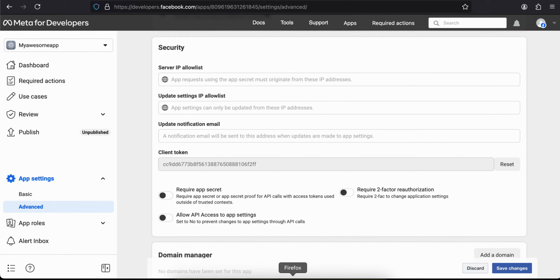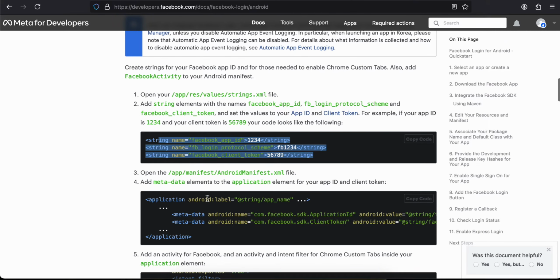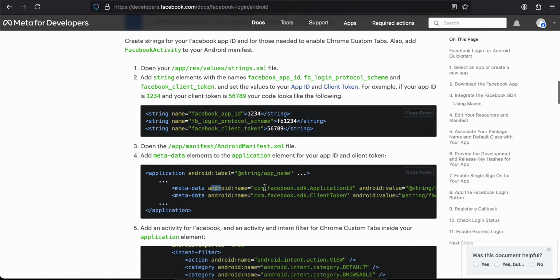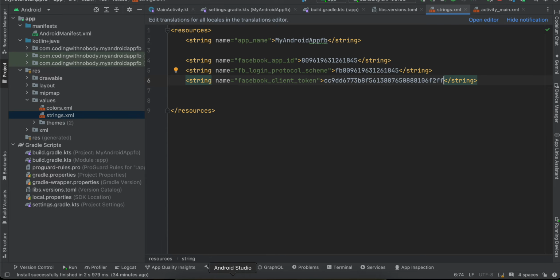Okay, so this part is done. Let's come back over here. So we have copied this. Then we need to add this metadata tag. Again, just copy paste this code. I have already pasted it